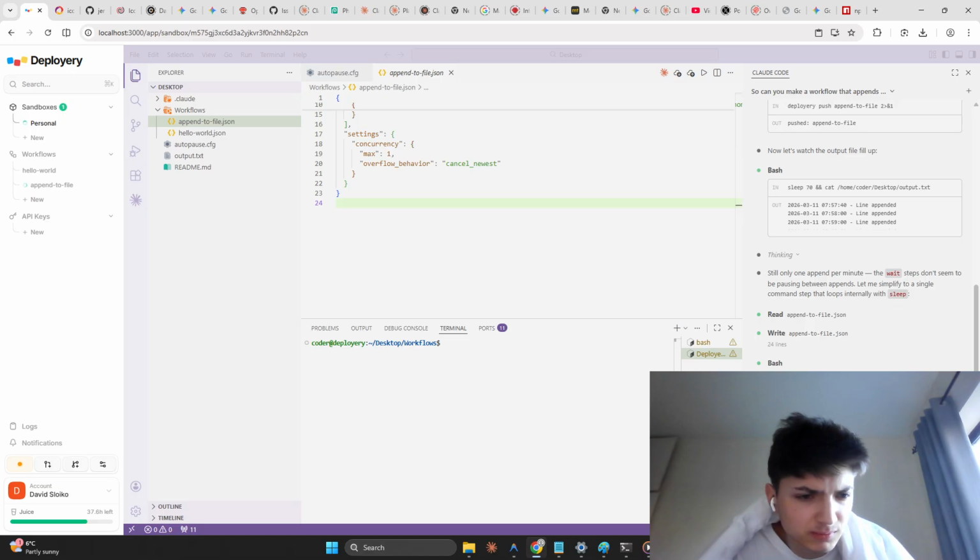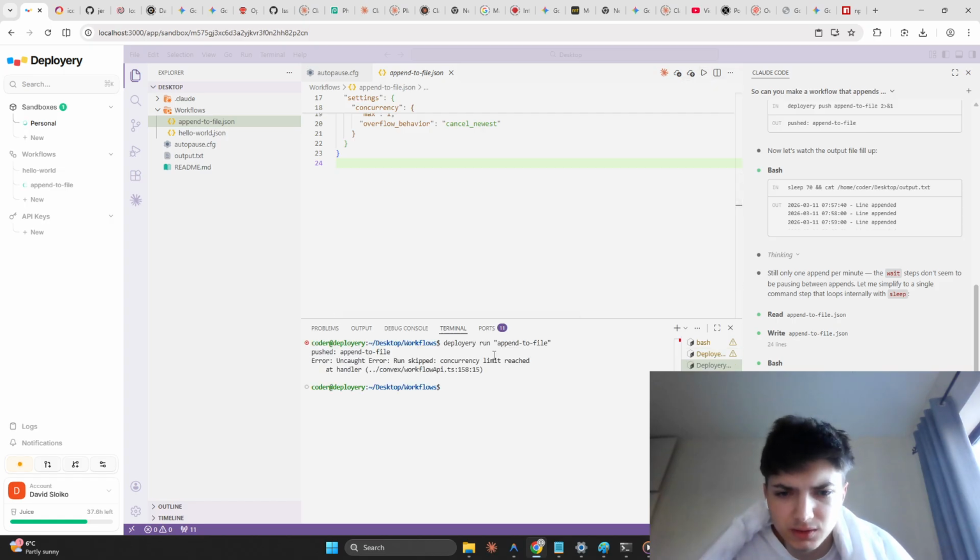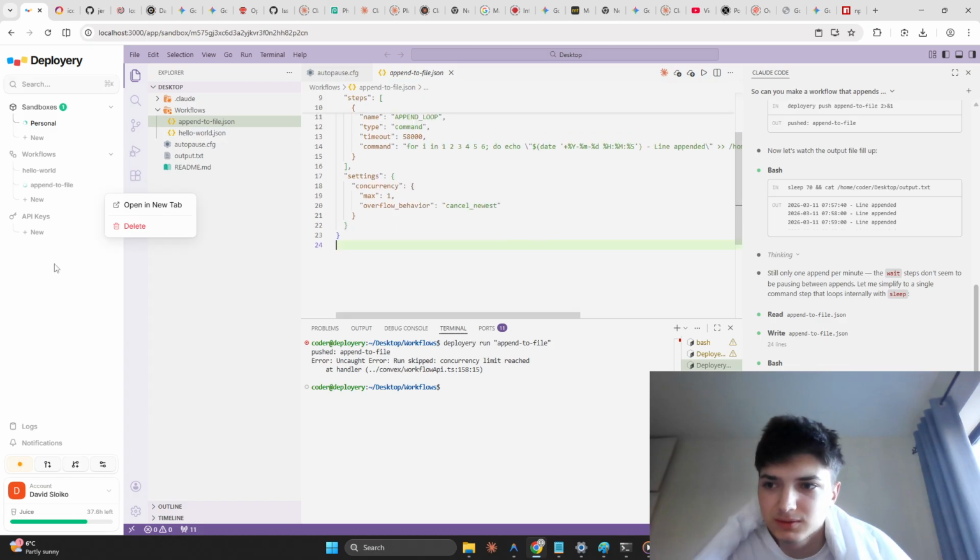And I seem to have pushed the automation, and I'm not really sure. Oh, I see. No, it actually did stop. Yeah, I don't really know what Claude is doing, but let's just run it, for example. So it made the automation. I'm just going to run it and concurrency limit reached because this is running. Okay. I don't think it actually did too well with this sort of task. Let's set it to 3, for example.